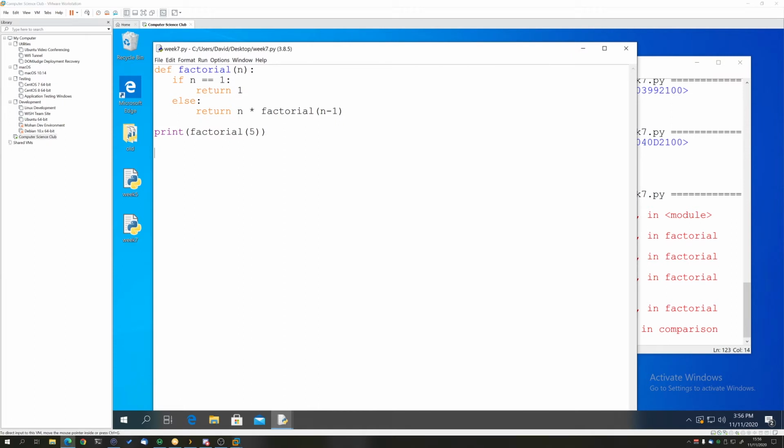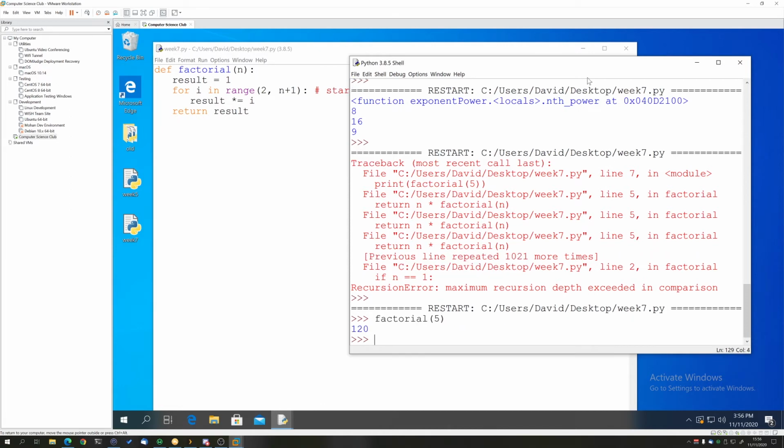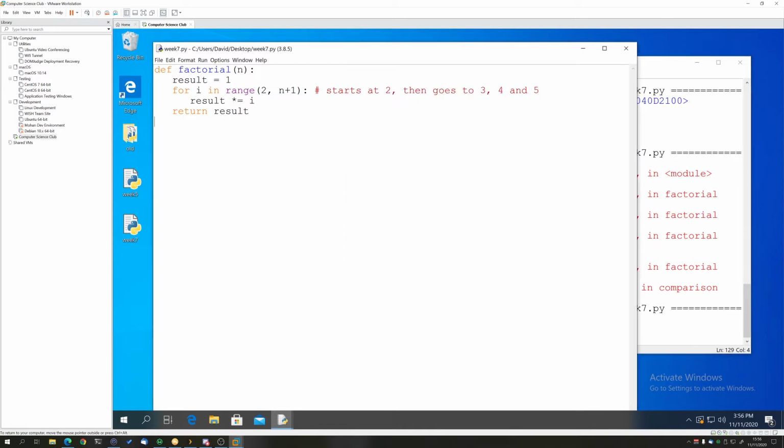We could definitely do this without recursion, it's just a little more complicated. So this is our iterative version. We're just going to use a loop and go over it again and again. For factorial, we still get the same result. It works okay for factorial, but for some bigger problems, it gets super, super complicated.